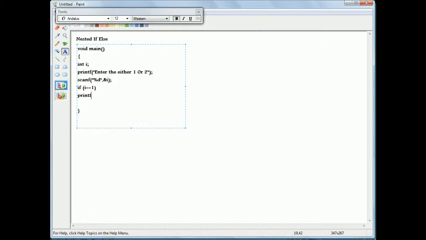Okay, and here I'm writing outer if. Alright, and after this, if I write else and I print like printf,